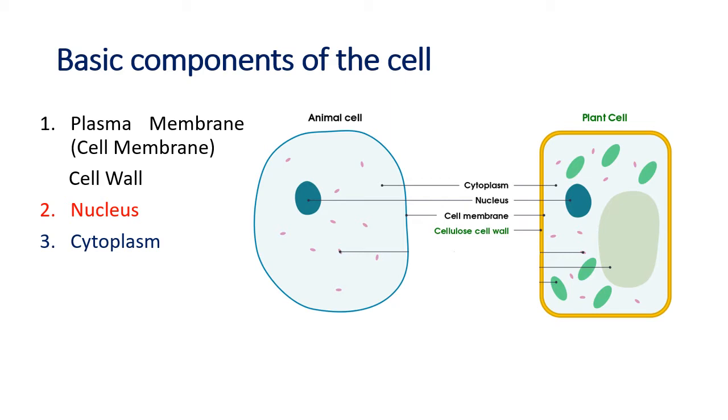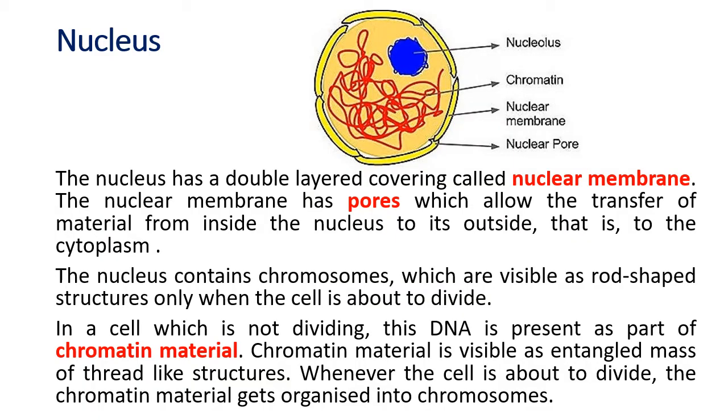Today, we are going to do the next component, that is the nucleus. So we are going to understand what the nucleus is, then we'll go through the cytoplasm and the organelles in the cytoplasm. A few of them we will do today. The remaining we'll see in the next lecture. So the nucleus. The nucleus is inside the cell. We saw the dark brown portion in the cell, which is called the nucleus.